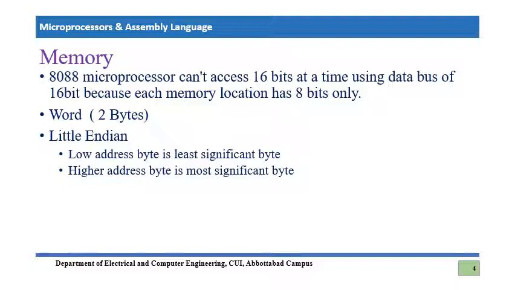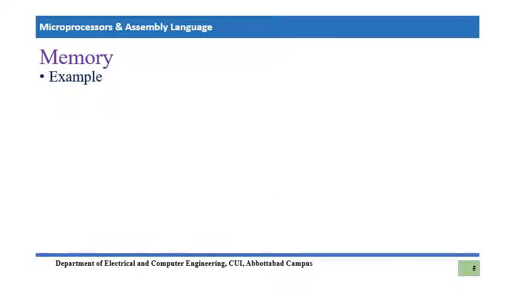So by using the little Endian approach, the lower address byte will be treated as the least significant byte, and a higher address byte will be treated as the most significant byte. We are going to take another example of this. Let's consider an example